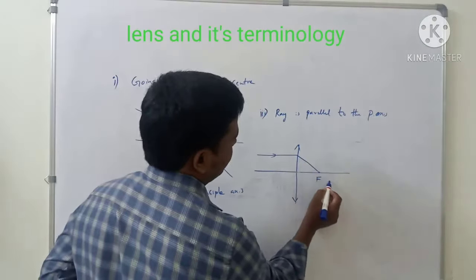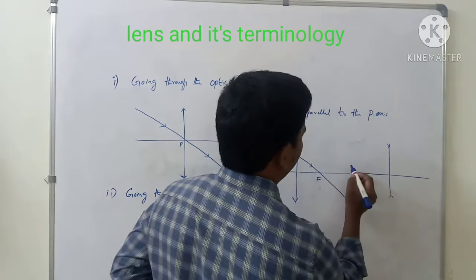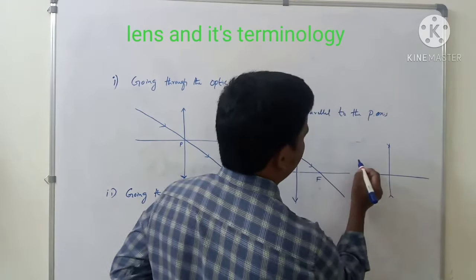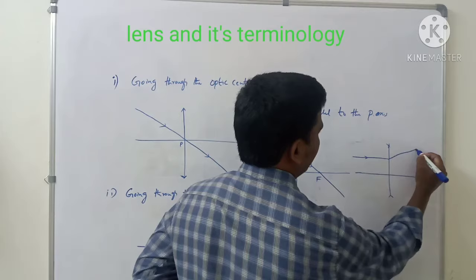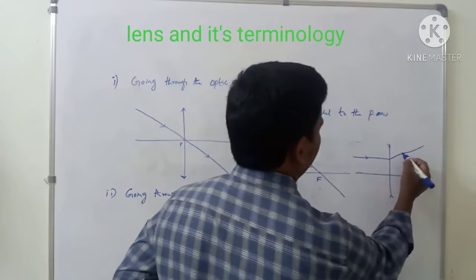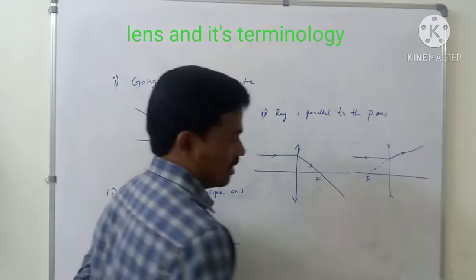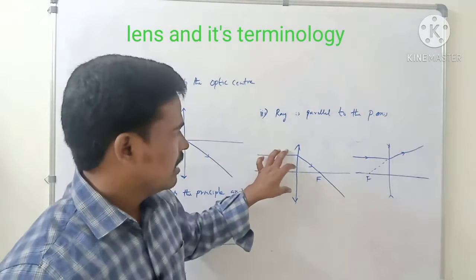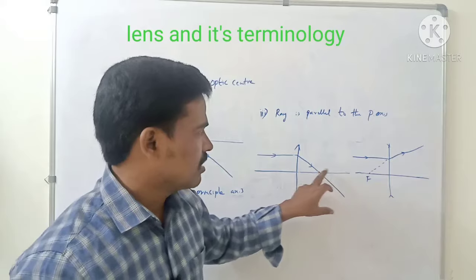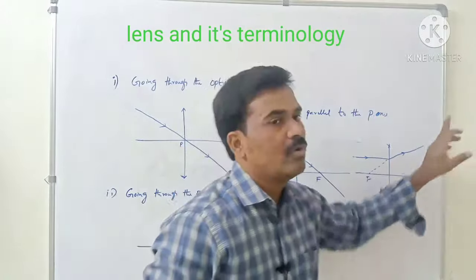We can draw for the concave lens also. But here, watch what happens. Any ray coming parallel to the principal axis, for the concave lens, goes like that. It is emanating from the focus, or diverging from the focus. So with the convex lens, the parallel lines go through the focus. Here, the parallel line seems like it is coming from the focus.